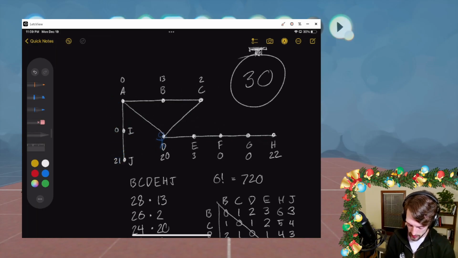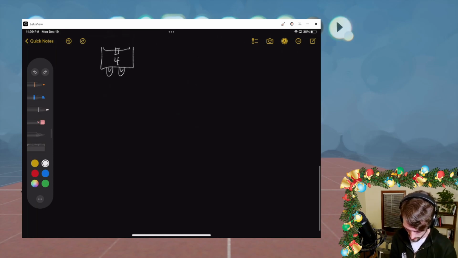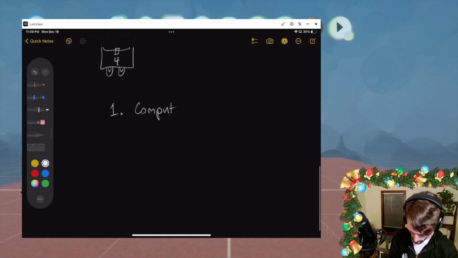So that is why I'm going to spend days on this problem: there's several components to actually solving it. And let me generally break them down. We have step 1. Compute